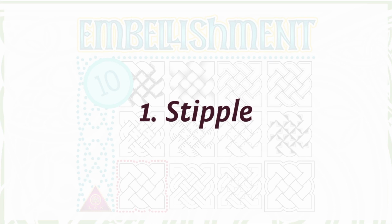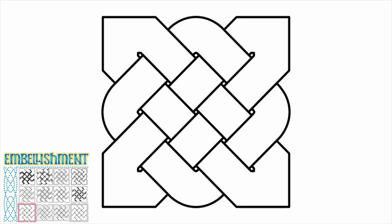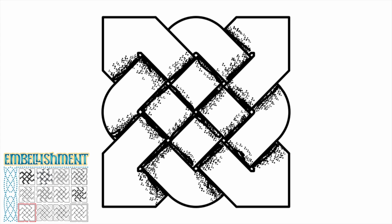Embellishment number 1, stippling. You'll see that a lot of these embellishment techniques essentially accent or highlight the overs and unders of our knots. Stippling is one of the easiest ones you can do. Usually you do it in pen after you've finished inking the outlines of your knot. The biggest advice I can give you is to start light and go darker as you go. Don't start off too dark in the beginning because there's no way to remove those dots